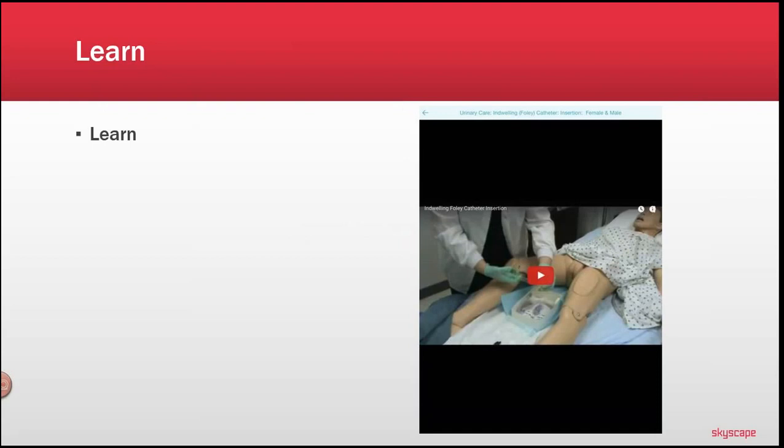Students have the ability to view this prior to practice, prior to clinical setting. The time that I see this best utilized is maybe that student has an opportunity to insert that Foley catheter. They're a fourth semester student and they haven't been practicing since their first semester in the program, yet they can do a quick overview of this video. Within 2 to 3 minutes, they're able to visualize and see what it is they need to perform for the patient. It's going to refresh their memory.